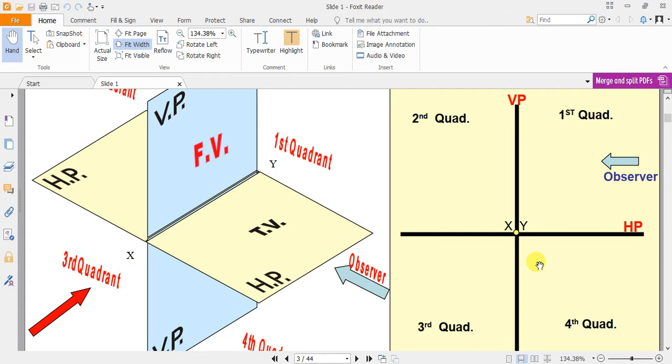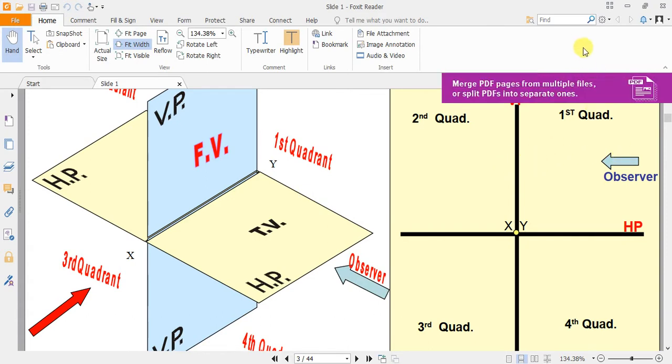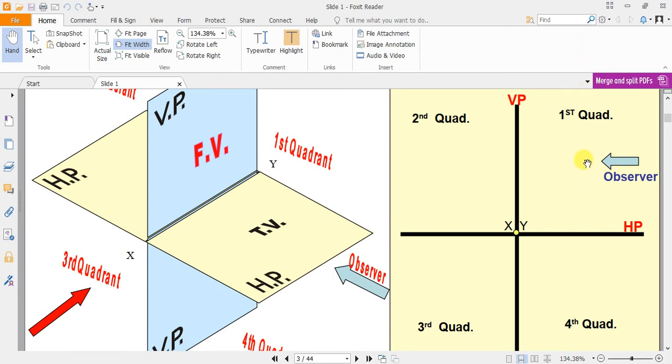See, you have light at one end, an object in the middle, and at the back of this object you have a screen. Where will be the shadow of this object if the screen is exactly behind it? Let us imagine you have a point here. I am projecting light on the point. Where will be the projection? On the vertical plane. If I am looking from the top side, the point is here. Where will be the projection? On HP.